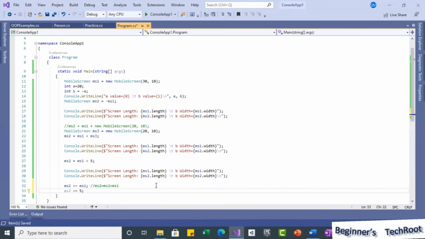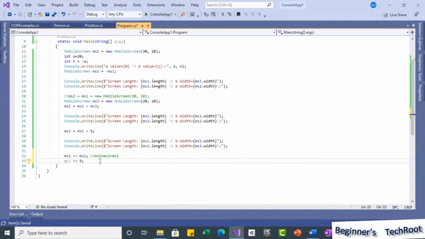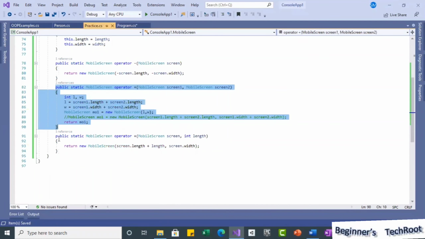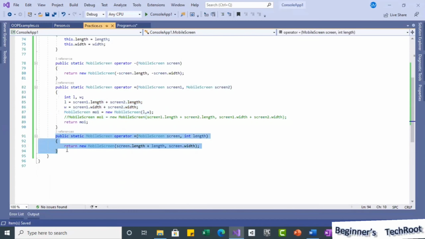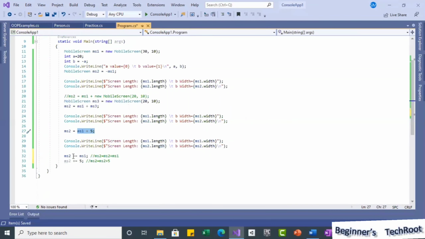If I write like this, what happens? This is nothing but ms2 equal to ms2 plus 5, automatically similar to this. So it will be calling this overloaded operator method. That way plus equal to will be implemented automatically.